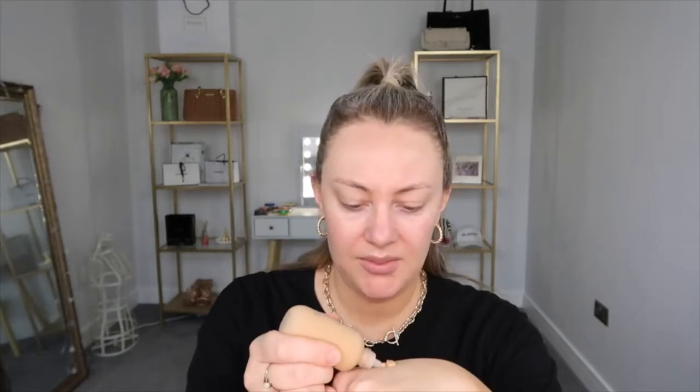I've already moisturized and primed my skin, so we are going to go straight in with this foundation. Should probably do it on the back of a hand, and to apply it I'm going to use my stippling brush. I wouldn't use a sponge to apply a liquid foundation like this because the sponge is just going to absorb so much of the foundation. I need a mirror. I'm just going to put some on the back of my hand. We'll do 2